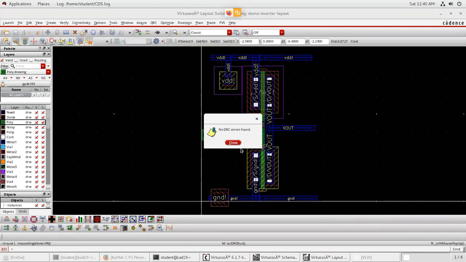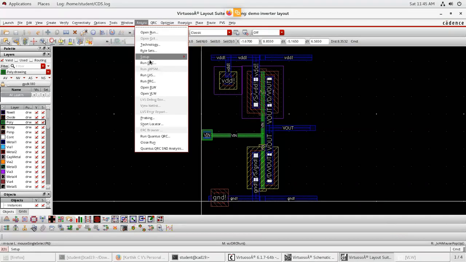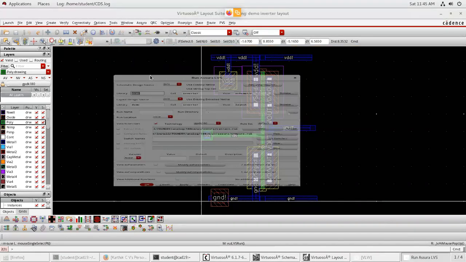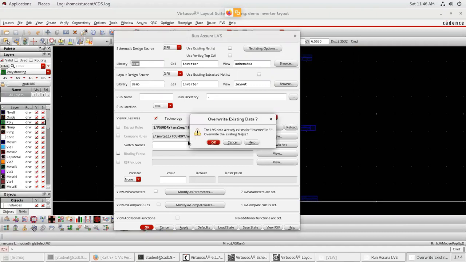If no DRC error found, then the next step is LVS. So layout versus schematic. Again click on Assura, run LVS. LVS means layout versus schematic. So again click on apply.